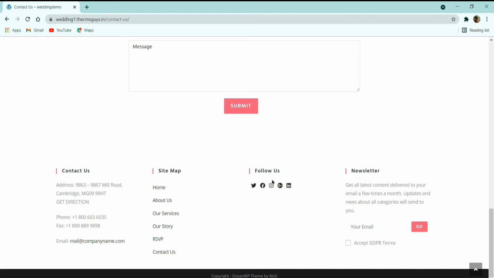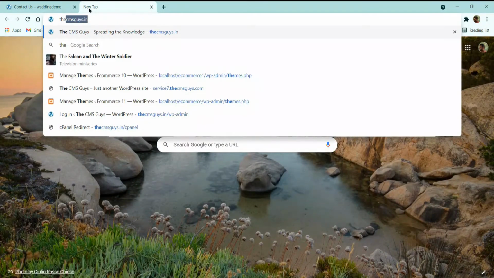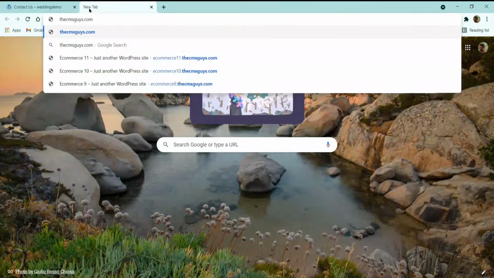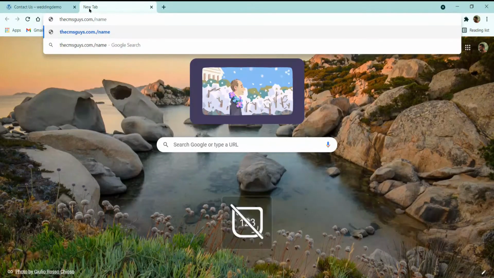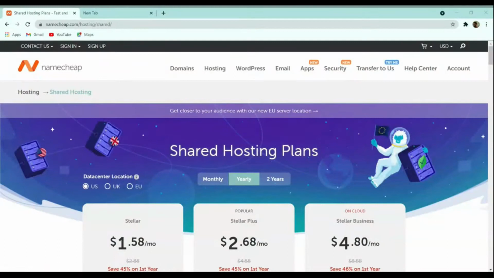So at first we need a domain and hosting to set up the website. So for that we need to go to this website. So let me open it here, cmsguys.com/namecheap. So we are on the Namecheap hosting page, and I have been using this Namecheap for 3 years now and